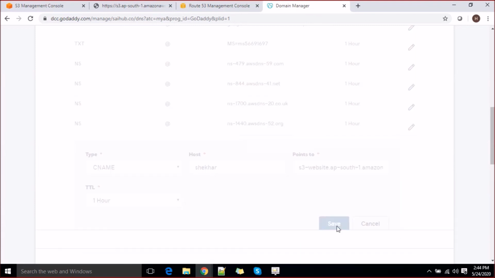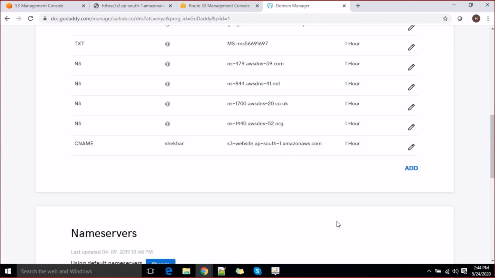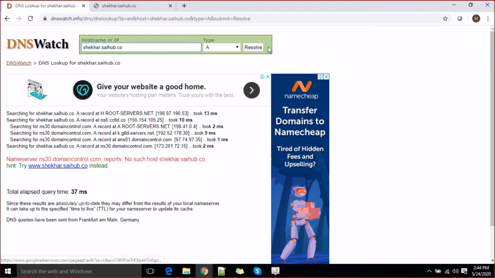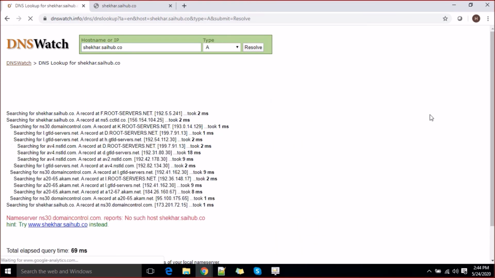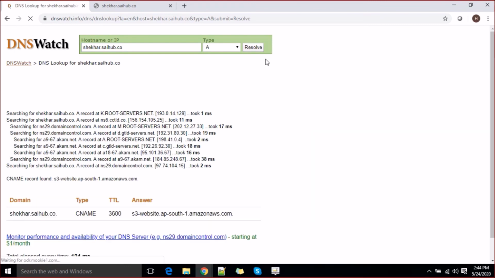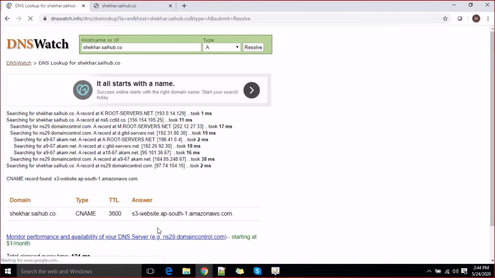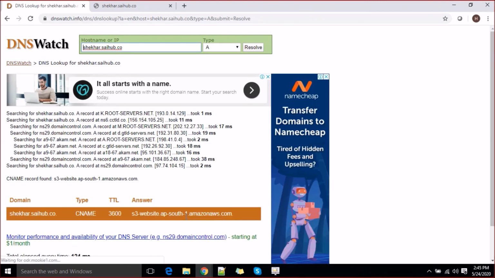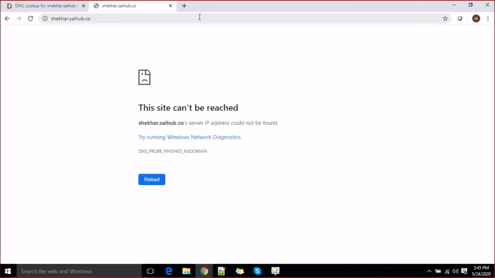So save it. Now see, if we have added it to GoDaddy directly, it should start resolving quickly. So you can see this has been quickly updated here because we added it to GoDaddy. So it was coming from AWS, so hopefully soon it will start capturing that too.